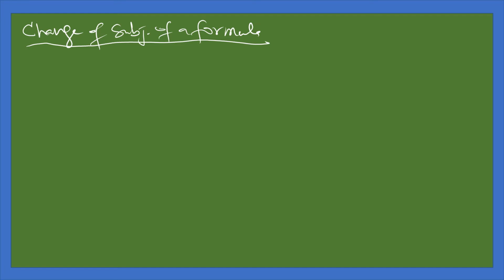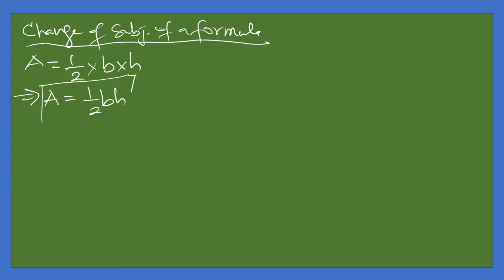Now, if you have an expression like this, A is equal to 1 over 2 times B times H, this can also be expressed as A equals 1 over 2 BH. What this expression is telling you is that this is a formula. Now, this A you are seeing here is standing alone. That means this A cannot function without the B